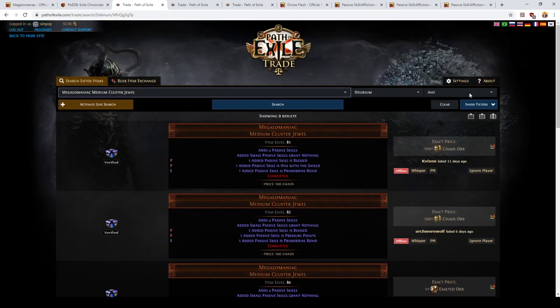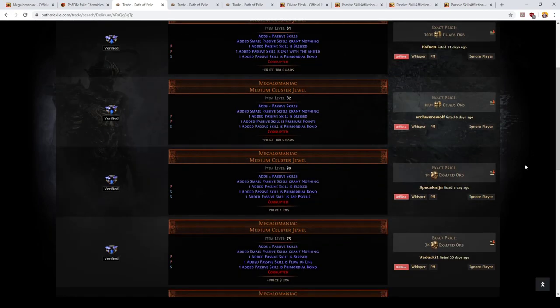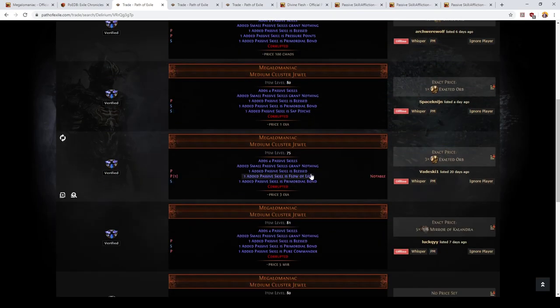You'll notice that I've turned online only off, so I'm looking at both online and offline players. This one had pressure points. I didn't actually look up what pressure points did, but I believed that it was a physical damage one, so I didn't go with it. Sap Psyche, again, I didn't look into it. Flow of Life, I knew, was a low-quality life node. And so I decided that this would be what I would probably recommend to this player to pick up as